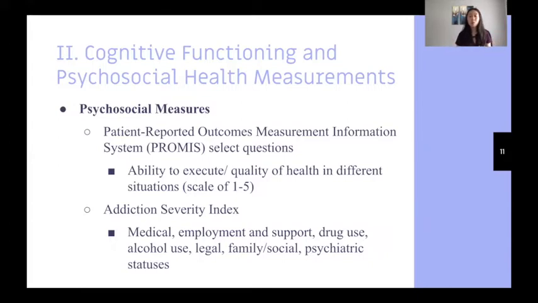Because it's one-on-one, we are actually able to get a lot of information, a lot of history, and a lot of stories from our participants that provides really meaningful background information when we go back and find correlations or try to draw conclusions from what we have, which is why I really like the Addiction Severity Index being a part of this study, because I think it shows that aspect of a participant that's usually not captured in biological or immune health measurements.